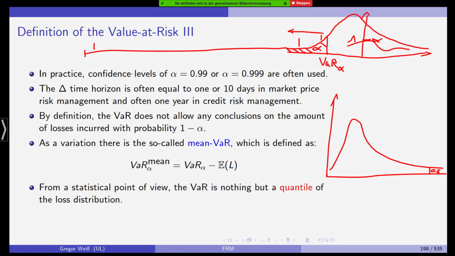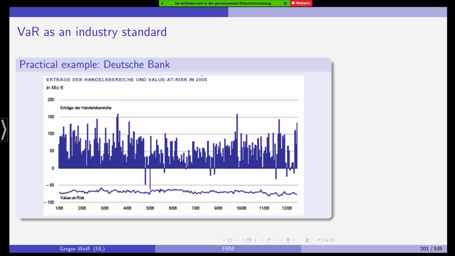And obviously, if you set alpha to be 95%, 99%, or 1 or 5% equally, and you have your risk model in place and it is estimated in the right way, it doesn't mean that you will never incur loss. It only means that there are 5% or 1% days on which you will suffer a loss that will exceed